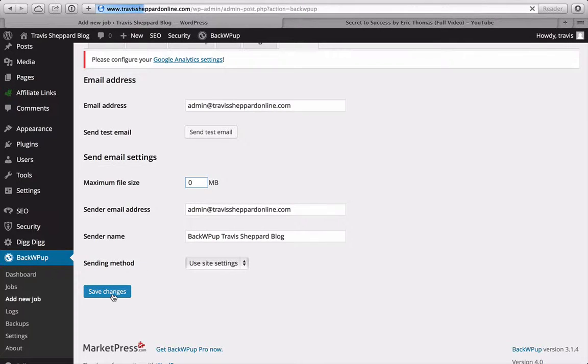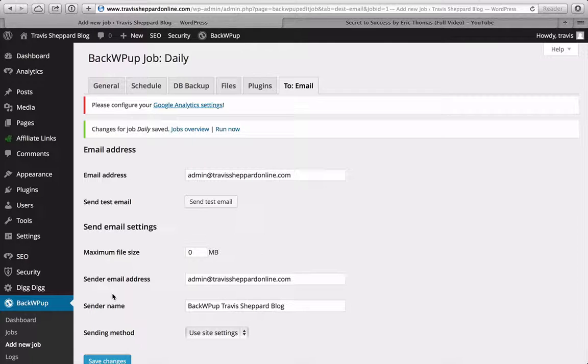And we are going to save changes. Perfect. So now we have our blog backed up every day at 3 in the morning. What we're going to do now is strengthen the security on our blog. So we're going to go over to Security